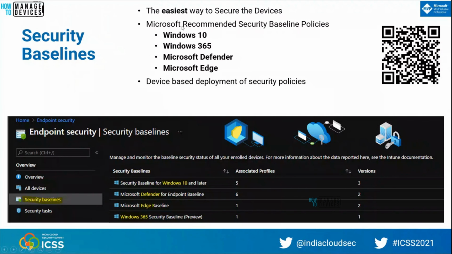So there are sometimes blocking issues if you are a big organization and your security team is not comfortable with Microsoft's recommendation, and they want a recommendation from a third party or something like that,